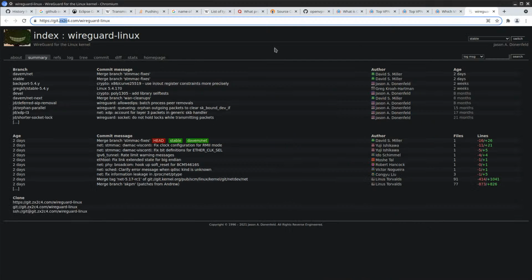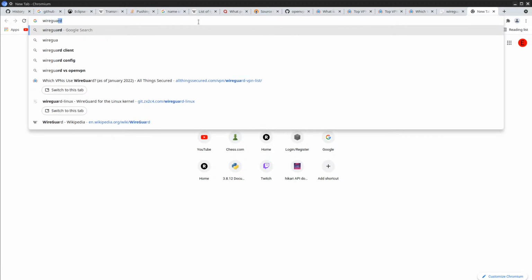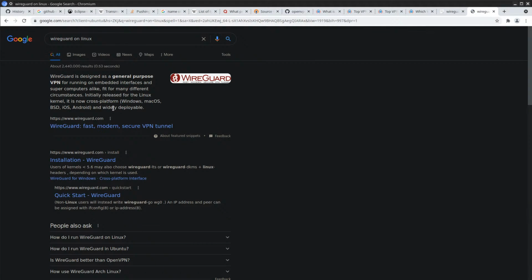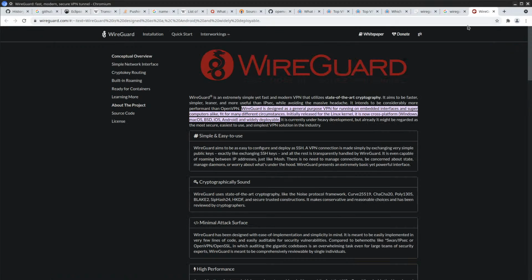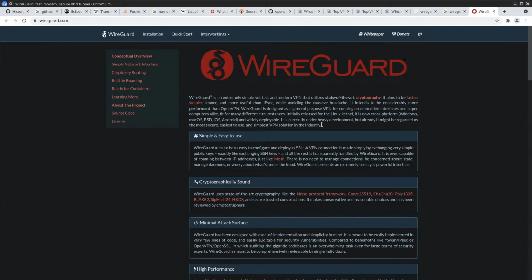Okay, let's look at how I can use WireGuard on Linux. Oh, they have a website, a normal website. Looks a little bit interesting.